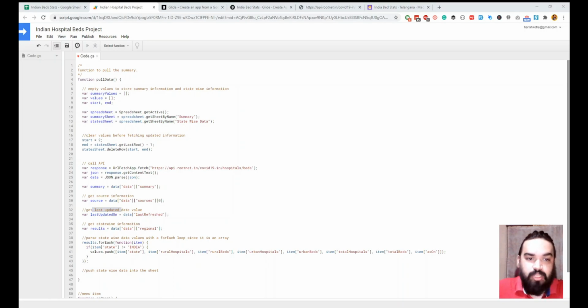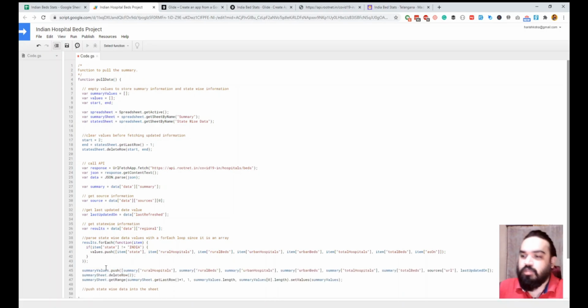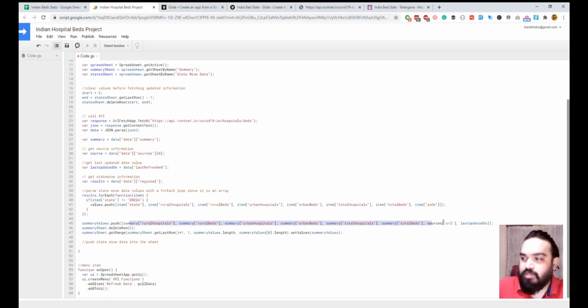So for that, the first step is to delete the existing row if there is any, which is the second row. So let's do that here. What I'm doing is pushing all the values that we need into the summary values array and then deleting the row if it exists. So I've just used the number 2 and then pushing the values into that. And similarly, we'll also do this for the states sheet.